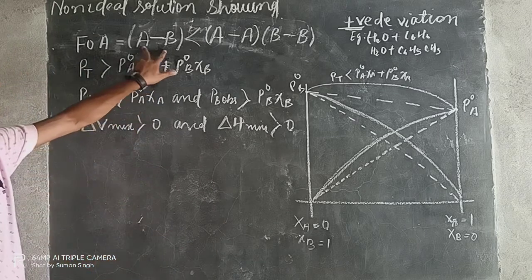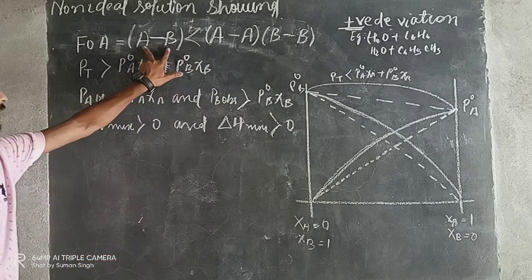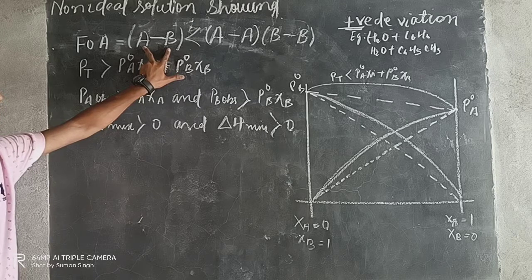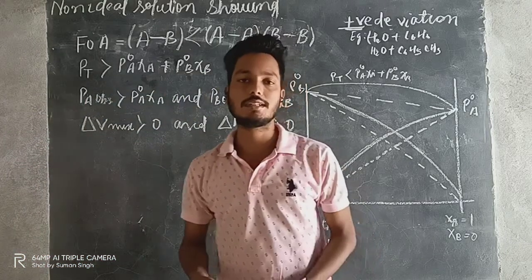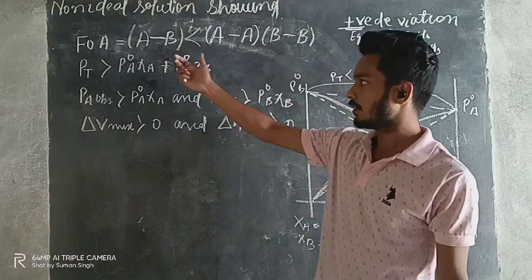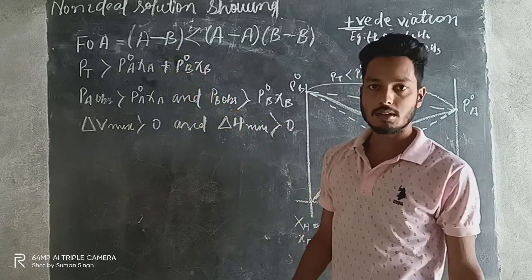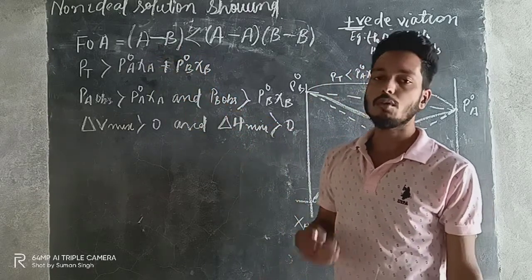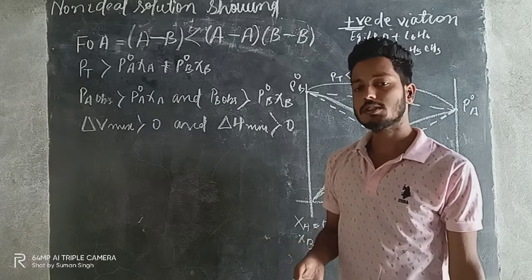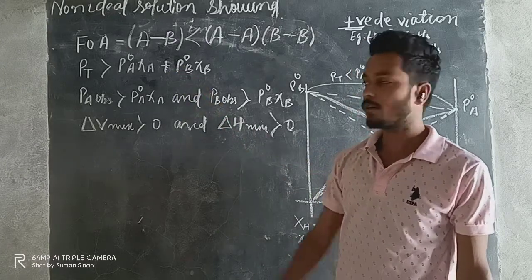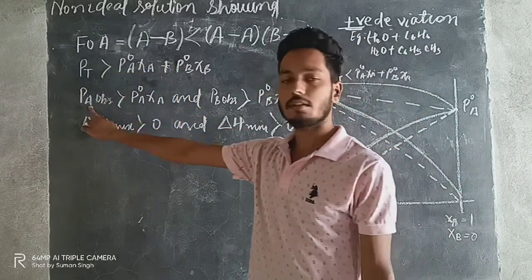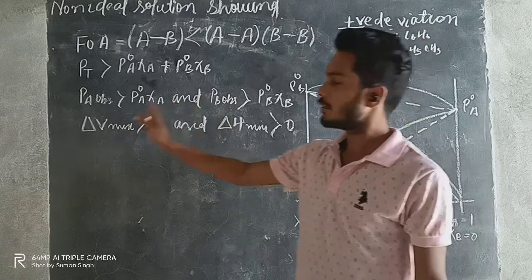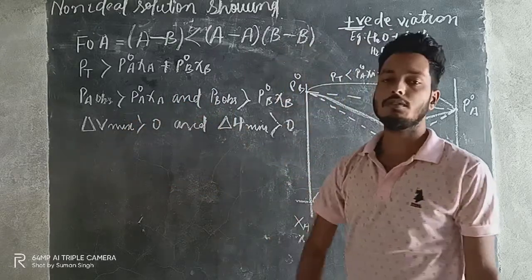Why has it increased? Because the force of attraction between AB has decreased, right? It is less. So since it is less, the molecules can easily go far away from each other. At that time, it will be very easy for these molecules to get vaporized, and then what will happen? More vapor will form, and since more vapor is forming, more vapor pressure will also form. That is why you see here P total has increased, right? PA observed has increased, PB has increased, and since volume has increased, delta V also increased.